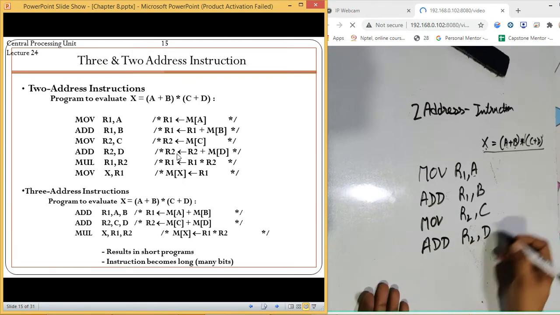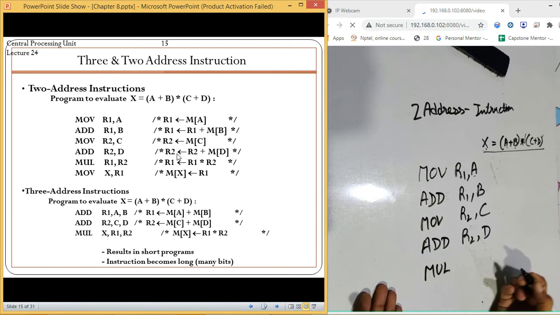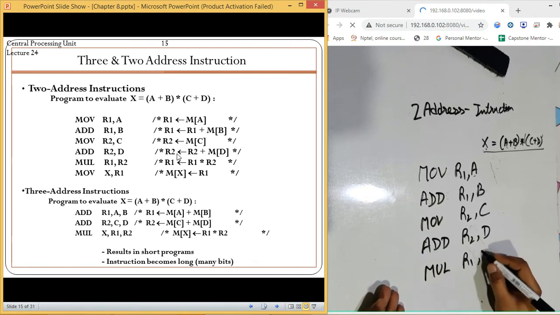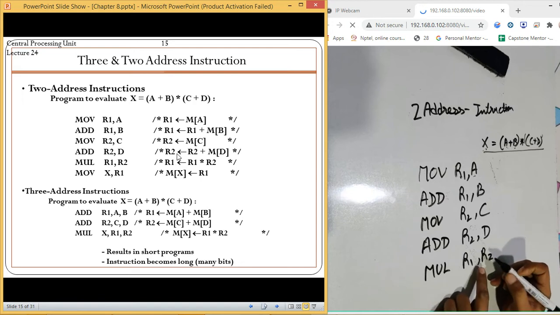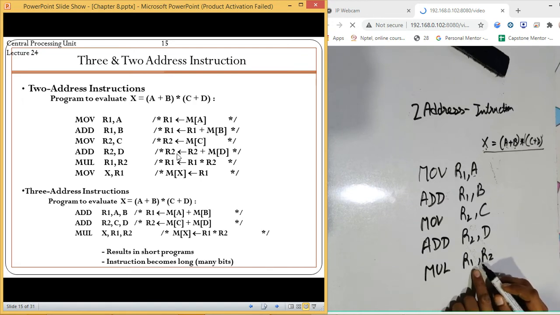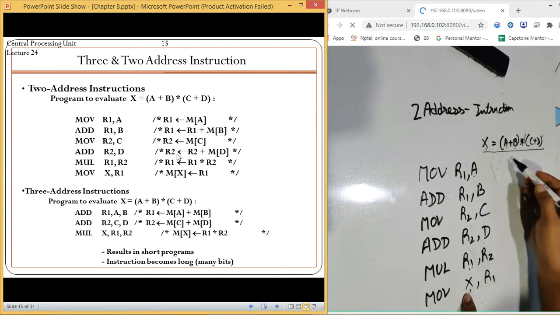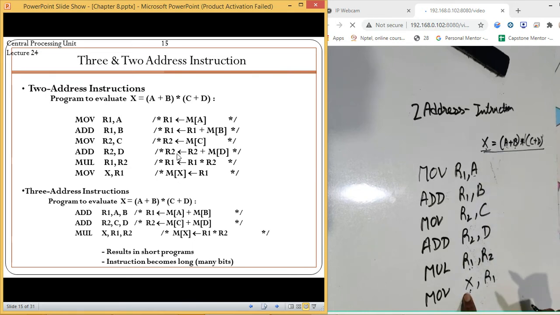Then we will add both the values R2 and D. Once both are added, then after that we are going to multiply. What we are going to multiply? R1 and R2. The data of R1 and R2 will be multiplied and the answer will be stored in R1. And once it is done, after that we are going to move the value from R1 register to X. X is your memory location.